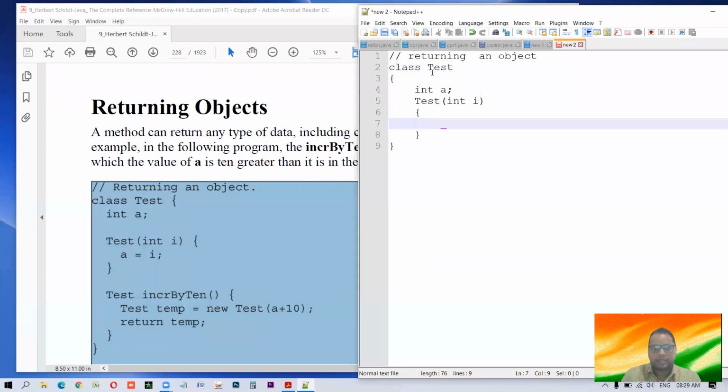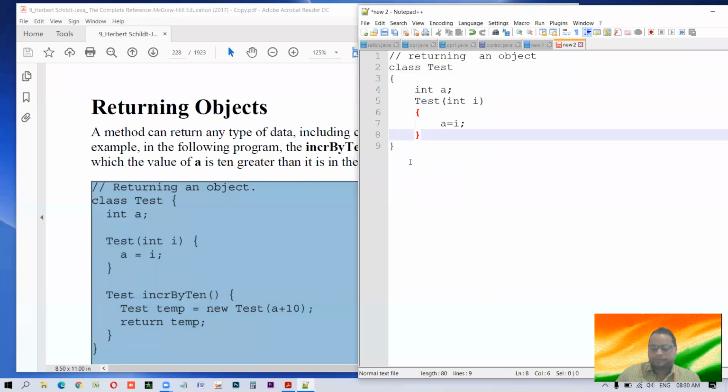First of all, let us understand what is happening here. Up to here there is nothing special. We have made a class whose name is test. We have made a data member, int a, very simple. Now this is nothing but a parameterized constructor. Remember what a constructor is? If you don't know, you may watch the videos regarding the constructor. It's used to initialize the data members. Using this constructor, we are simply initializing the value of a, and this happens when we create the object of this type.